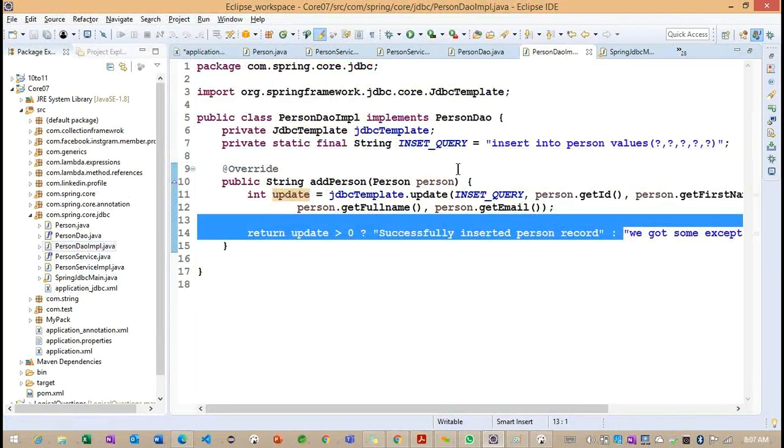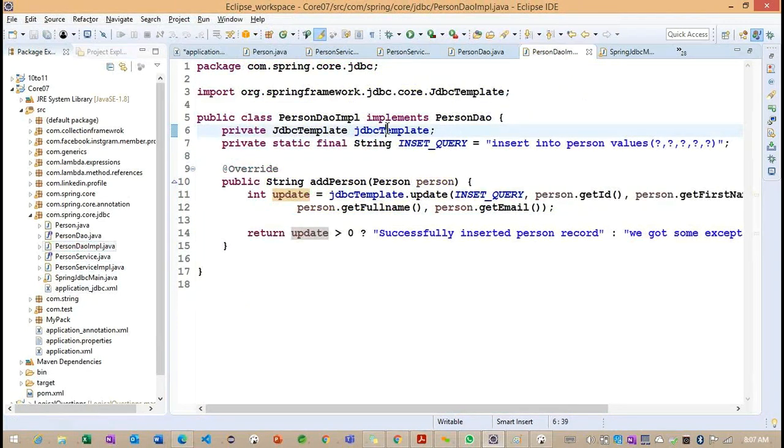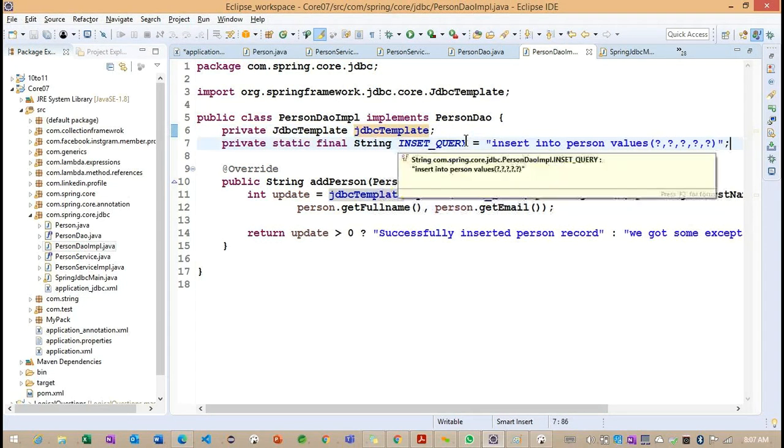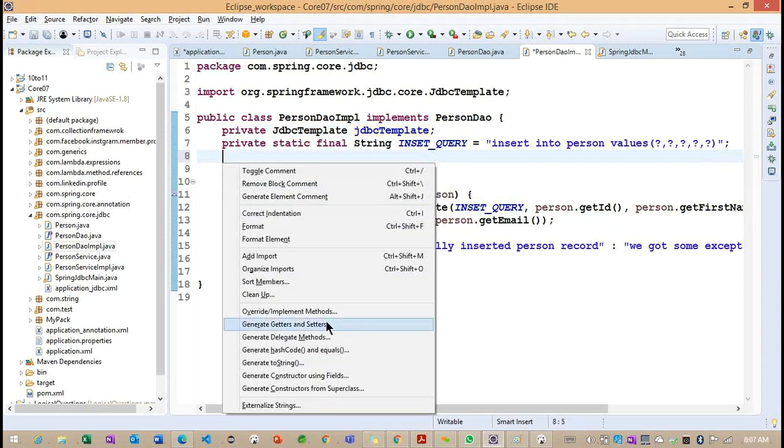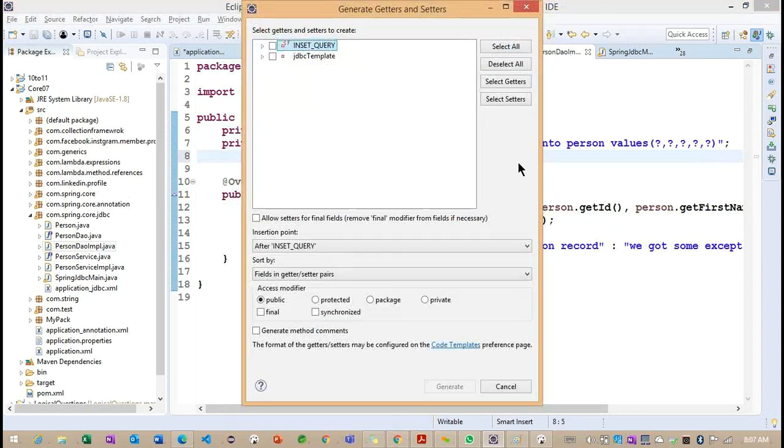Right? And inside this person DAO, you can see JDBC template. The JDBC template is expecting injection here, so setter injection or constructor injection. We need to work on the JDBC template. Select setter here.